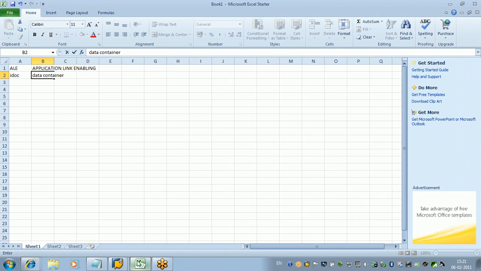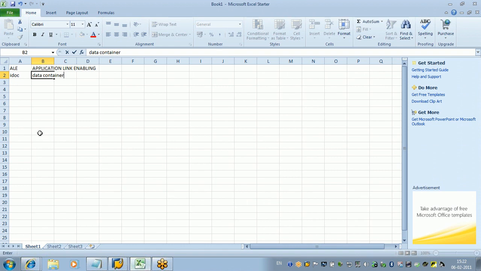is sitting in some other location, maybe in Delhi. So now some data needs to be exchanged between these two cities. You need to send some data to Delhi, and some Delhi people want to send some data to Bangalore. So in this case what will happen, we will put the data in an IDOC. IDOC is a data container which holds data, and we will pass the data from one location to another location